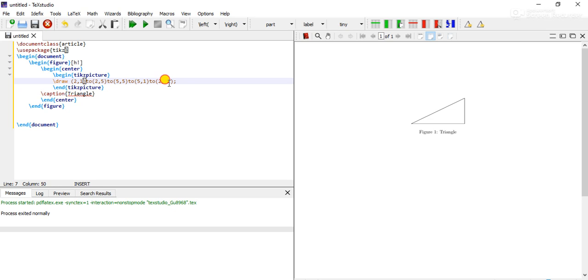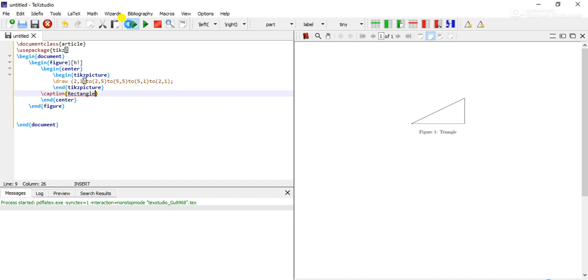Now I'll have to change the caption as rectangle. This is a rectangle. Now I compile it. For compilation it takes some time. Let us wait for it.